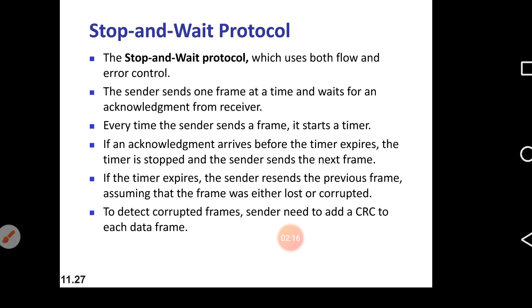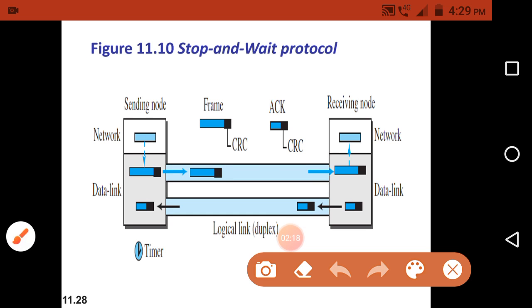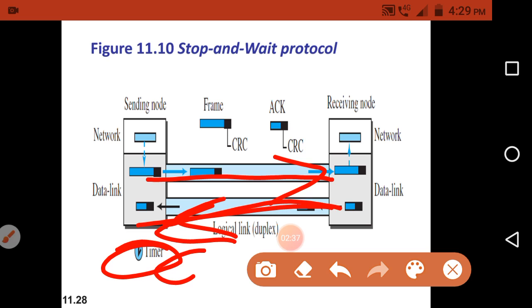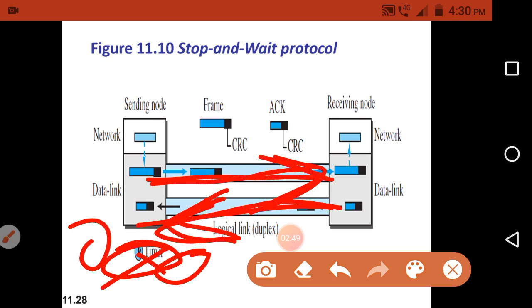As I told, the sender will send the frame and wait for the acknowledgement. If the acknowledgement arrives before the timeout, before the time is over, it will stop the timer and send the next frame.